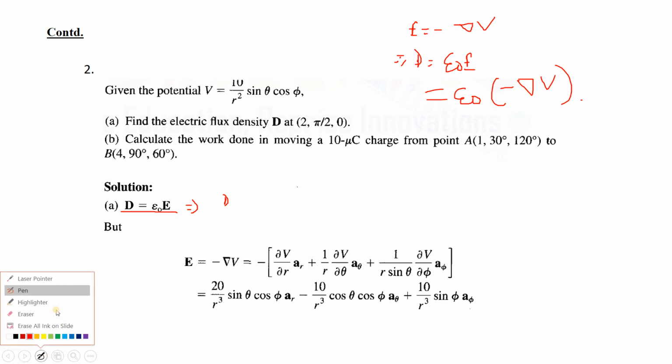Quite easy. Since we have the relationships with us, we can proceed in this way. First of all, we will proceed with this particular equation, because we just have to multiply by a constant. The actual work we have to do is minus gradient of V. So we will just use the equation of del V in the spherical coordinate system. We will use the formula.